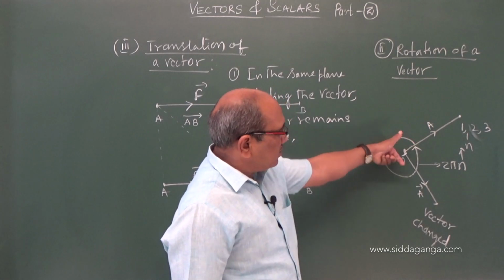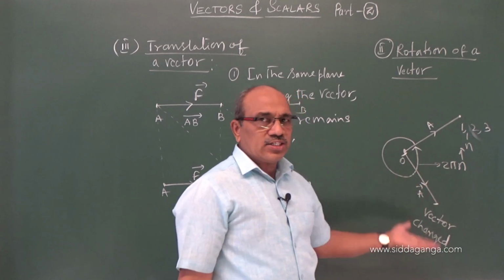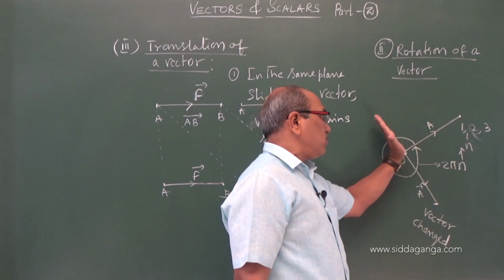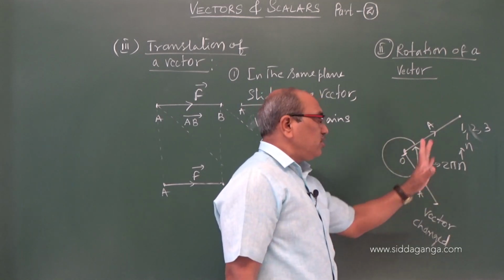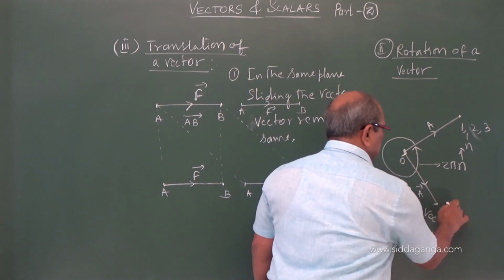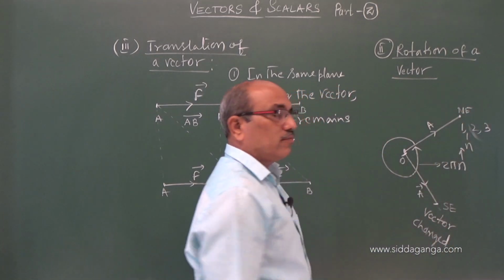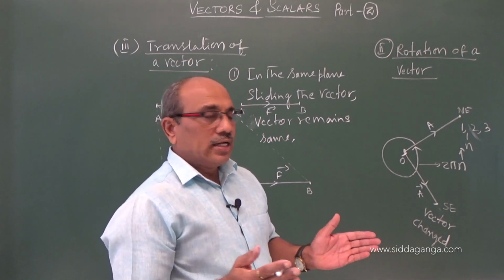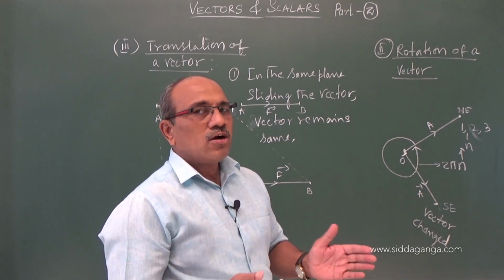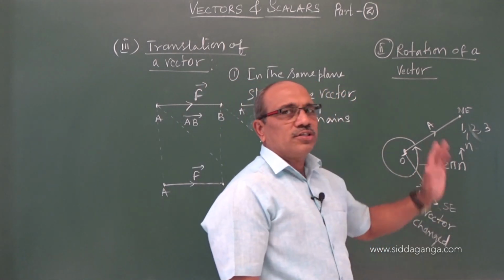But as you turn it through some fraction of 2 pi, maybe 90 degrees, 60 degrees, 30 degrees or 45 degrees, anything, from its original position, then the direction changes. For example, as you come to know, it was a southeast direction, now it may be a northeast direction. So I say the vector has changed, either the magnitude changes or the direction changes or both change. Here the direction is changed, so I say the vector is changed.